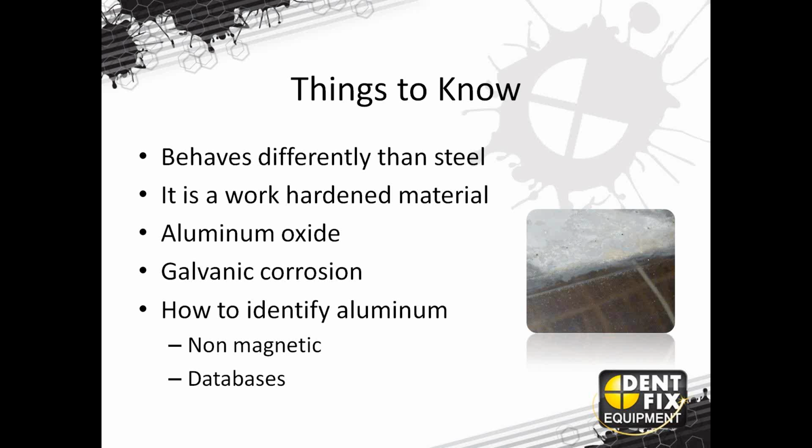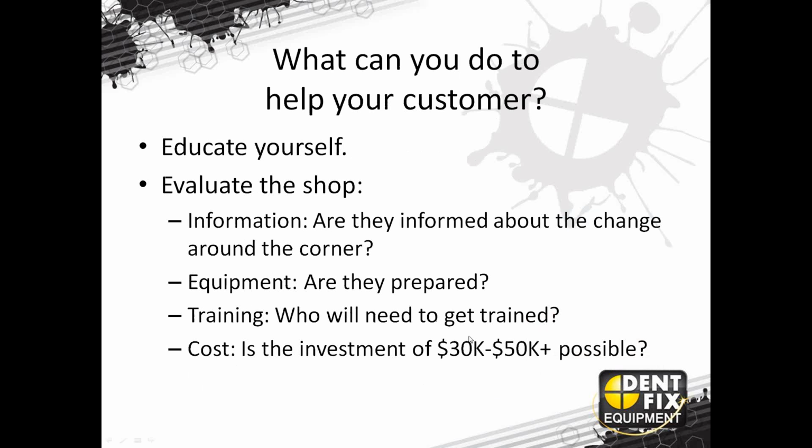How do you identify aluminum panels? Well, in a lot of instances, it's just going to be common knowledge. But one foolproof method, of course, is to put a magnet against the panel. If it doesn't stick, it's probably aluminum, right? That helps if someone's bondoed it up and you don't know what's underneath it. There are also databases from the manufacturers, and again, common industry knowledge. What you can do to help